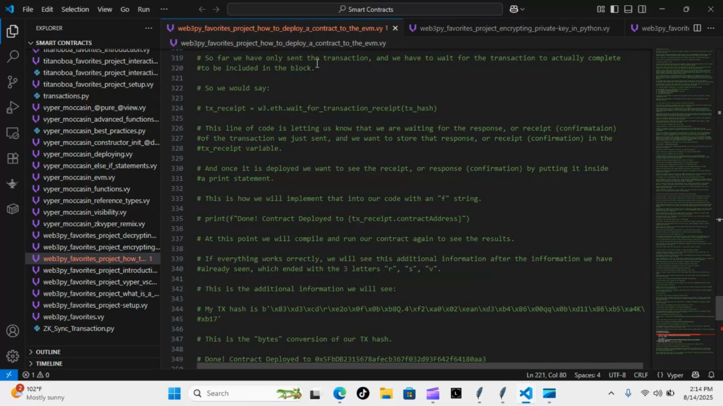So far we have only sent the transaction. We have to wait for the transaction to actually complete and be included in the block. So we would say transaction_receipt equals w3.eth.wait_for_transaction_receipt(transaction_hash). This line of code is letting us know we are waiting for the response or receipt confirmation of the transaction we just sent. We want to store that response or receipt confirmation in the transaction_receipt